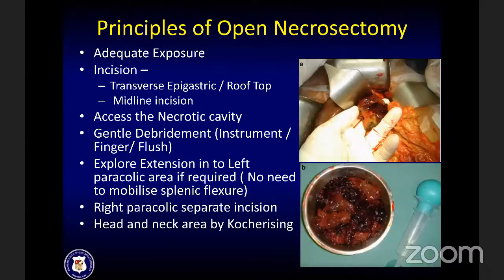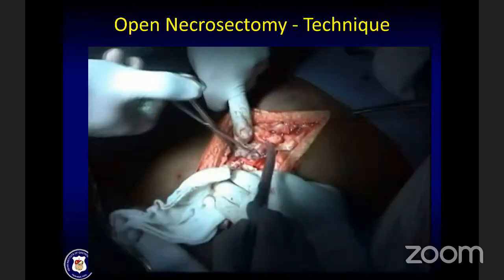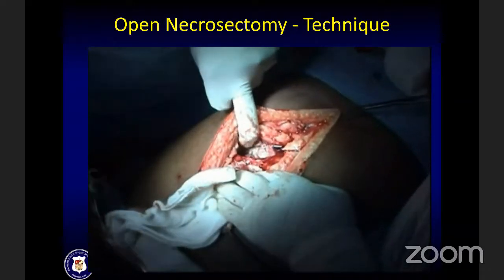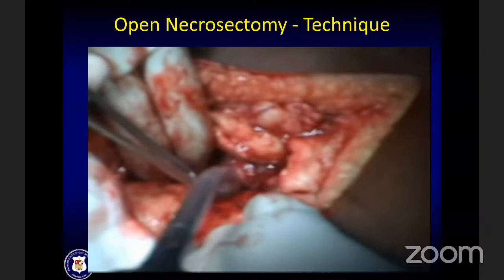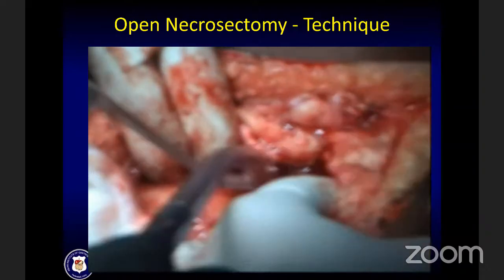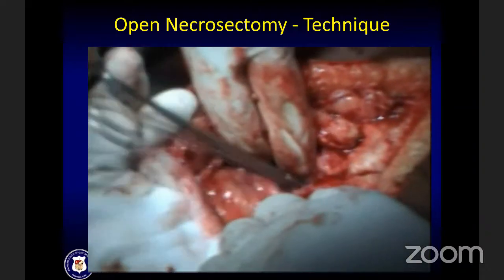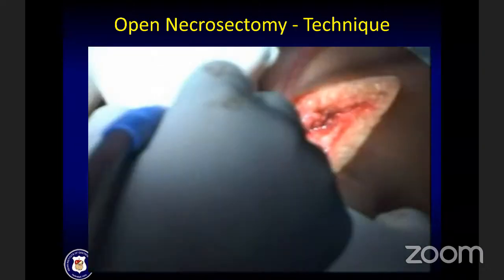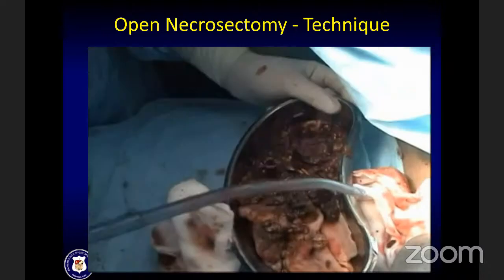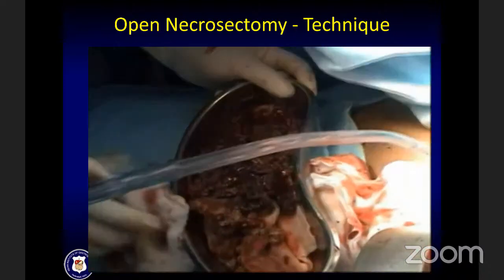And this is how you put your finger and debride, and you can also use irrigation using a syringe and flush out all these debris, which can easily separate. And this is a short video which shows how you use a sponge holder forceps to easily remove all this necrotic debris. And the most important instrument, I would say, would be a finger, by which you can easily separate